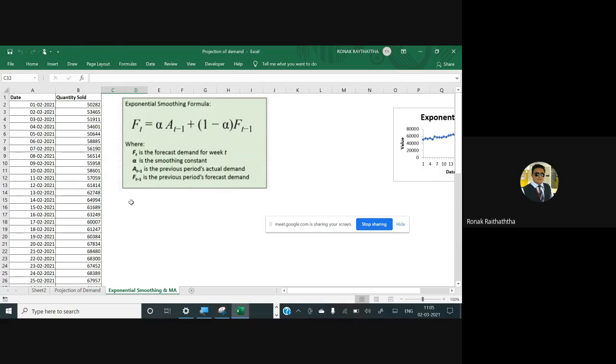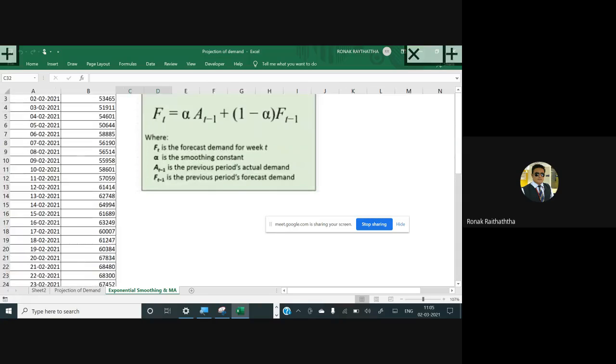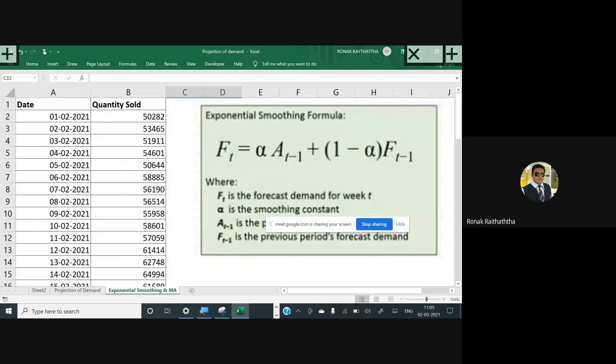So I am right now on the 1st of February, say that is the first value I have. Previous data is not available to me, so I'll not be able to find the moving average of the previous 3 days. For the 2nd of February, if I get 53,465, again, I do not have the data for the previous 3. I cannot find the moving average. Now 3 is the lag which I am using. You may take 2, you may take 7, you may take 21.